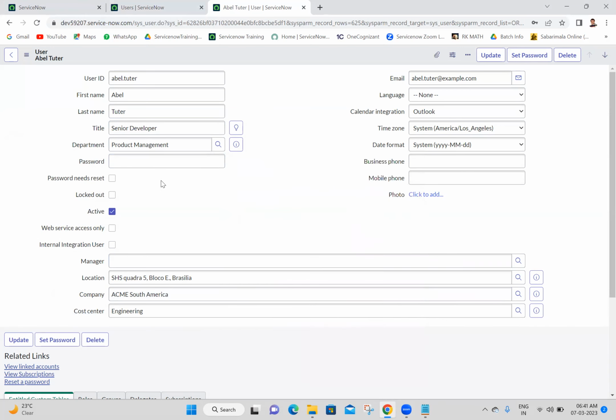Okay. Password needs reset. Whenever we are creating a new user record, we will give some default password here. And once the user logs into the system, if that user wants to change the password, we have to keep password needs reset. For example, I have created one user record for Ashok. I entered user ID, first name, last name, and password, and I have given those credentials to Ashok. And if I want the change password screen displayed when Ashok logs into the ServiceNow instance the first time, we have to keep password needs reset to true. Once Ashok changes the password, then